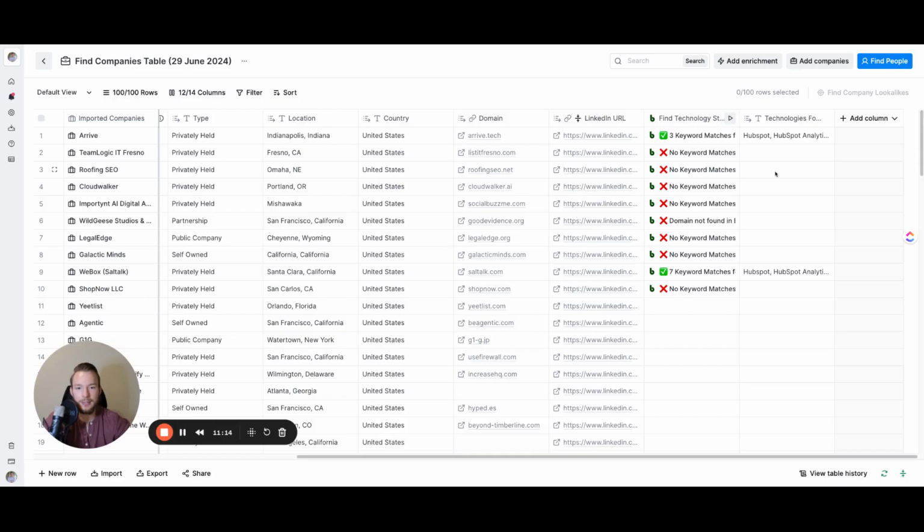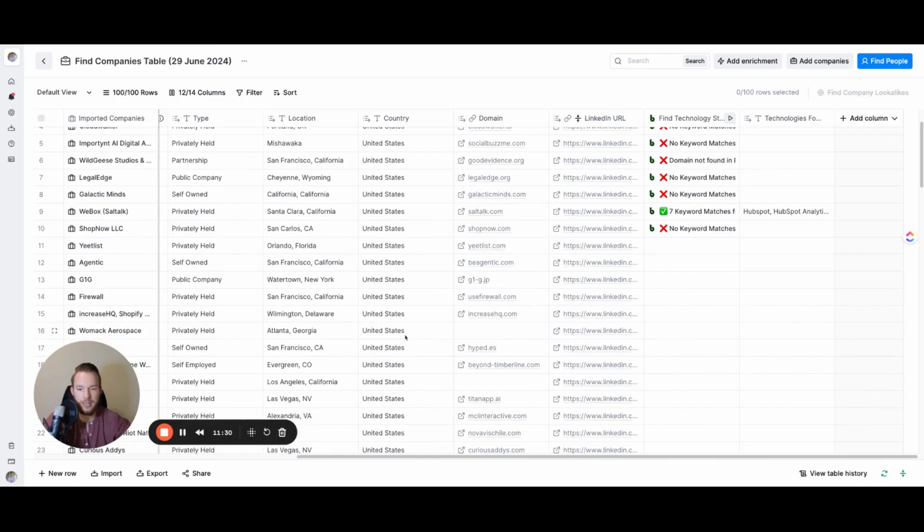And each integration has their own different inputs, and usually it comes down to either the website, the LinkedIn company URL, the LinkedIn URL, or maybe a first name and a domain, all those different kinds of things. Now one thing I want to say is, if you're missing some things here, and there's no domain, we can do some pretty low cost and effective things in order to find